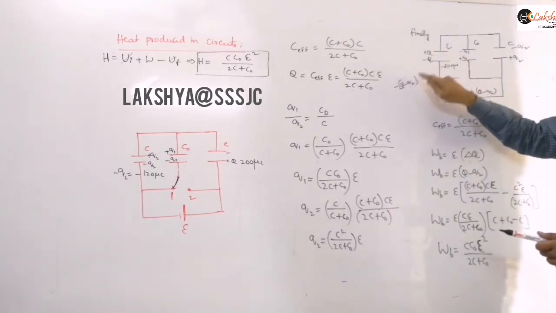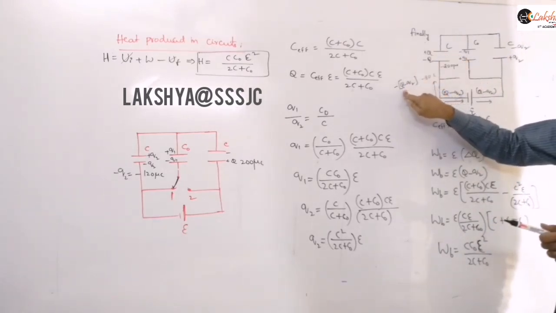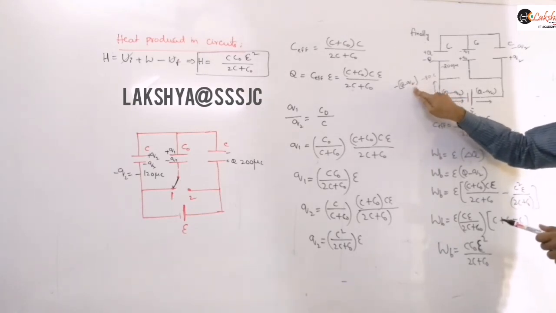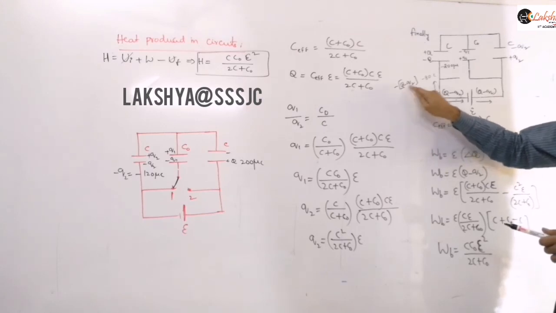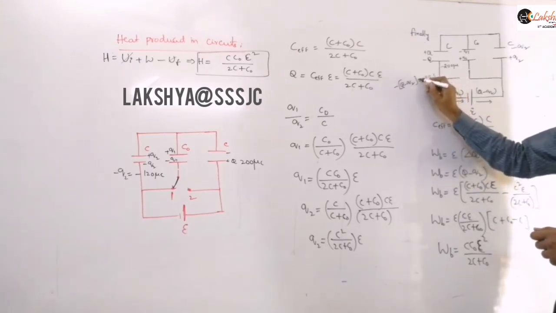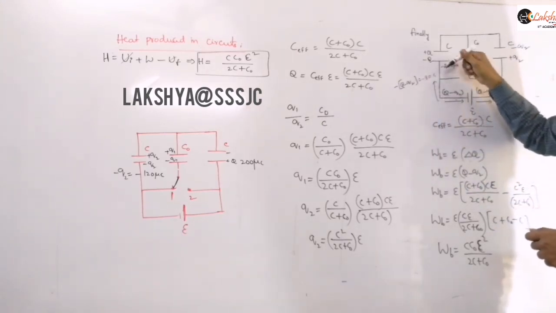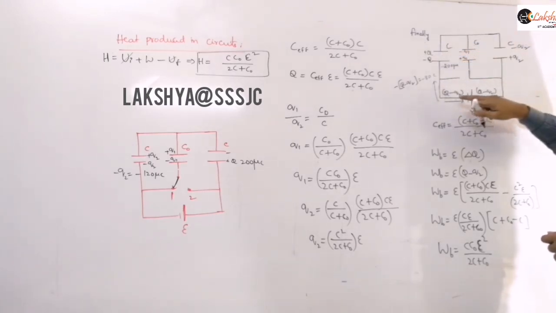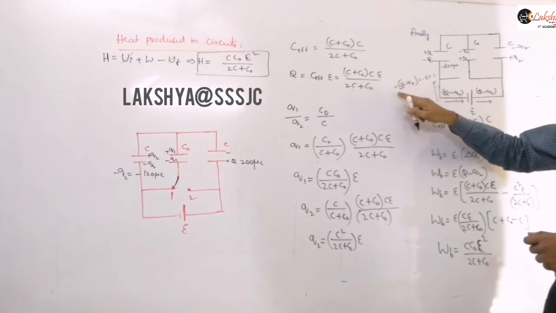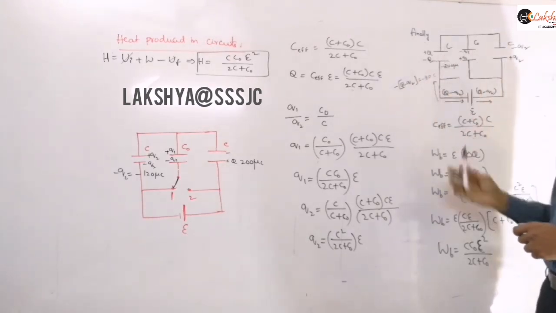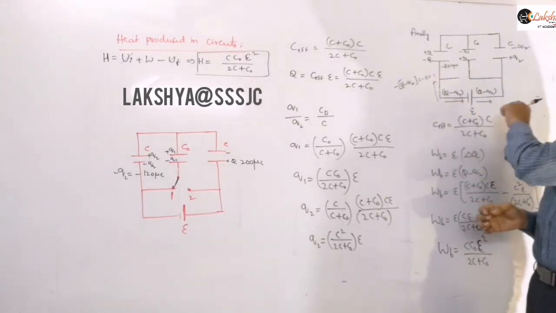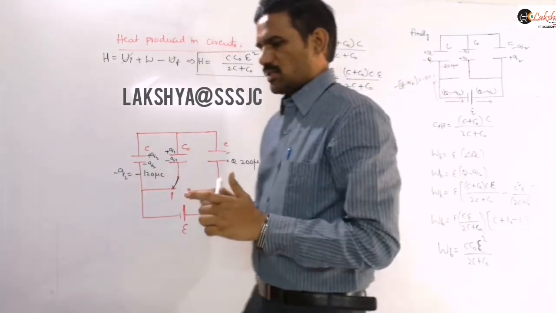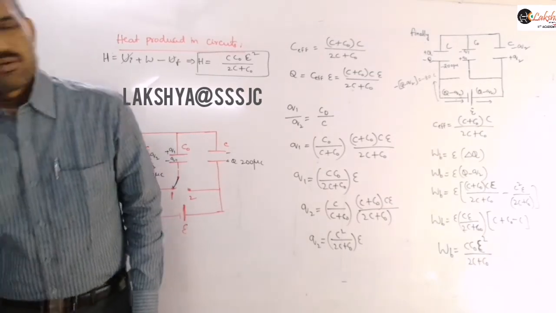Q is 200 and this Q2 value is 120. So 200 minus 120 will be 80, and with the minus sign, we get minus 80. Instead of taking minus of Q minus Q2 flowing in this direction, I take 80 coulombs, that is Q minus Q2, flowing in this direction. That is the important point, and if you are able to understand that term, you can solve that problem easily, right?